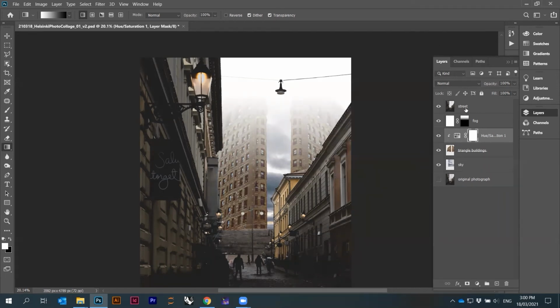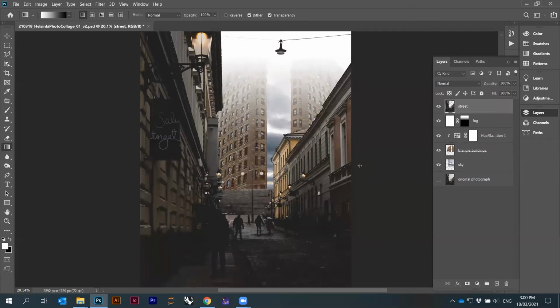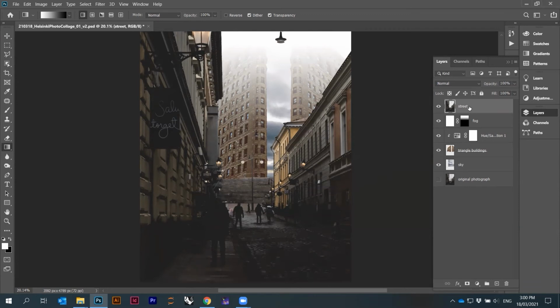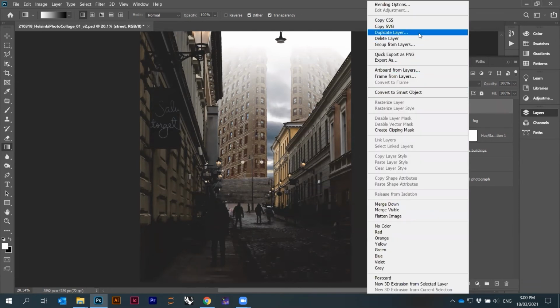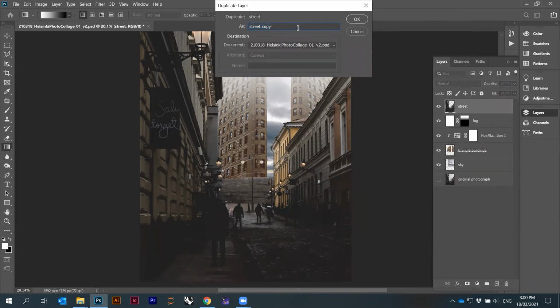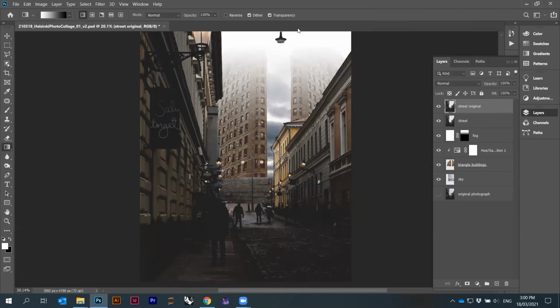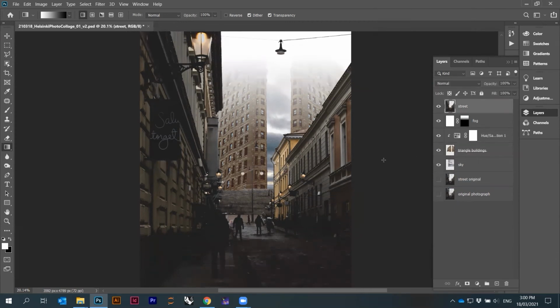Okay, and now just as a final thing, there's the street itself. The street itself, I can actually just duplicate this, a duplicate layer. I can just call it street original. And this I can just put all the way down. So I want to keep it. This street here,